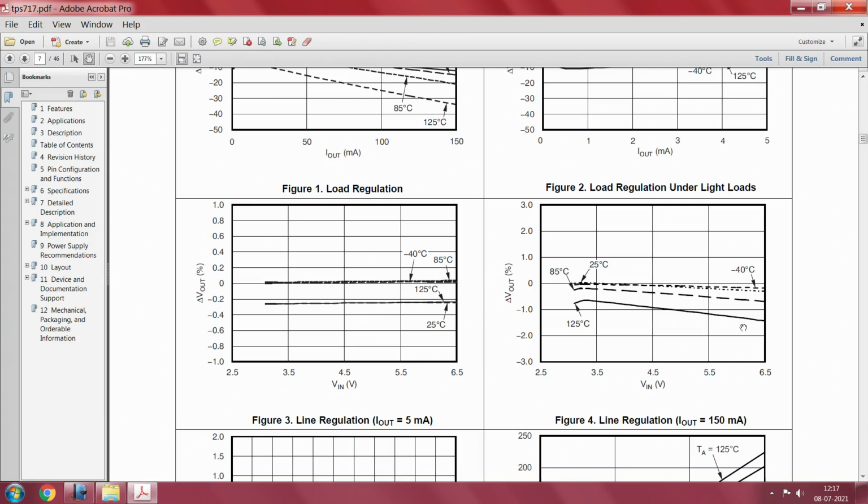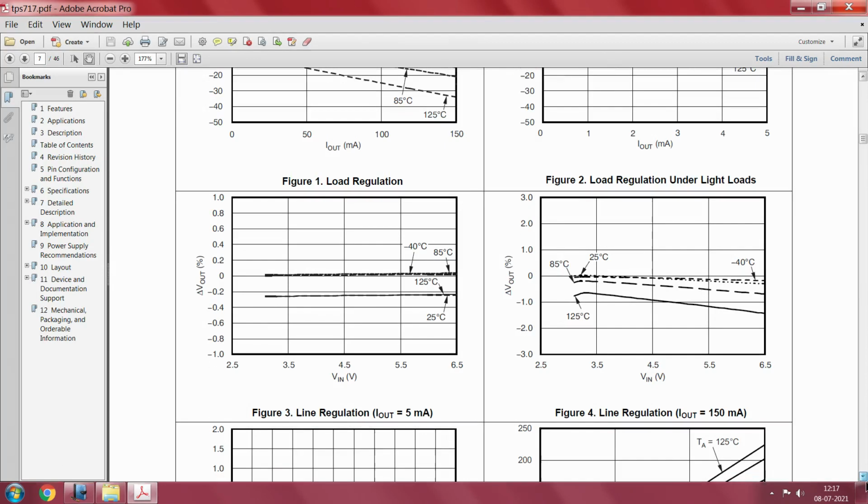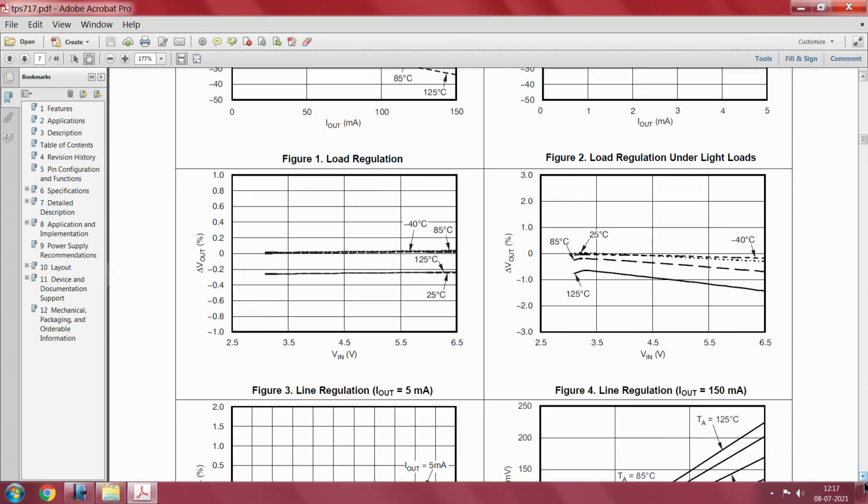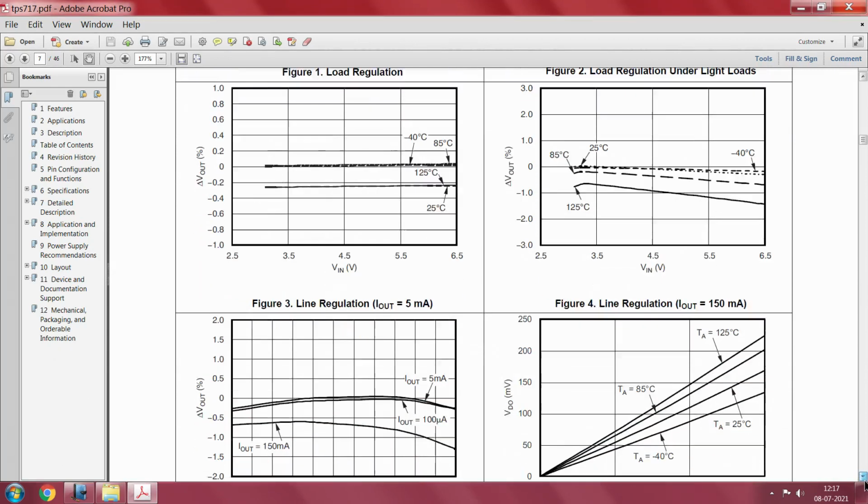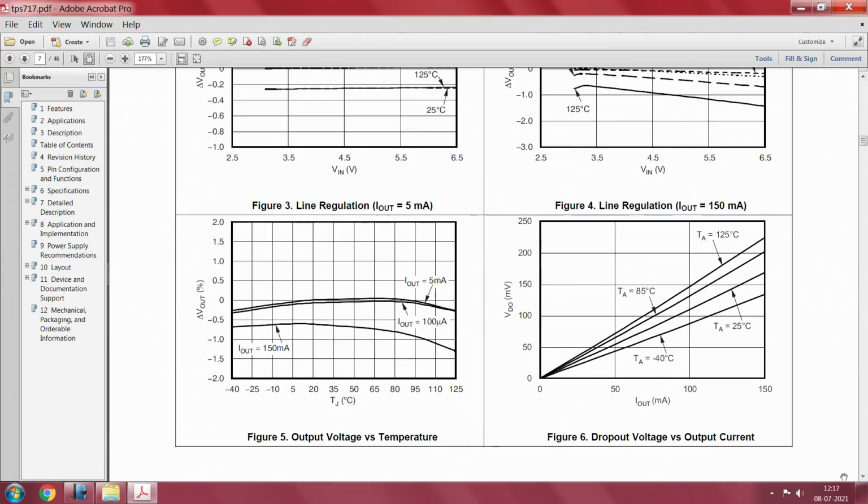Here it was 0.2, here this range is from minus, it was in the 0.2 range, and here it is in the minus 2 range. So please note the y axis here and the y axis here, they are different in terms of the markings. You can go on like this, read about this data sheet, interpret several interesting things.